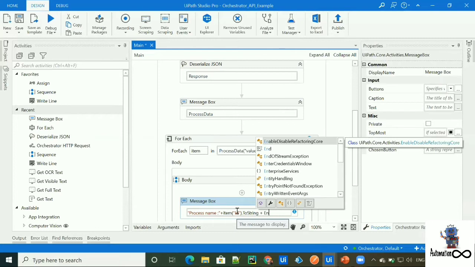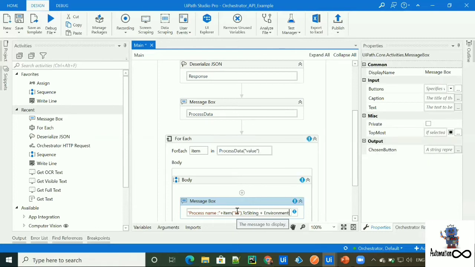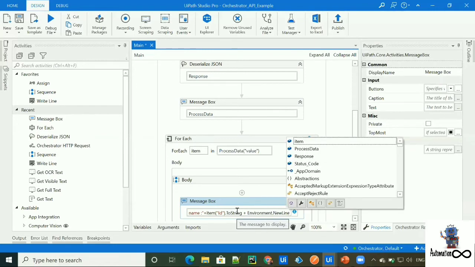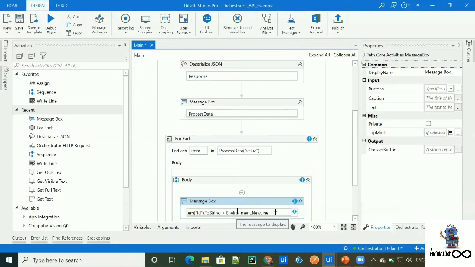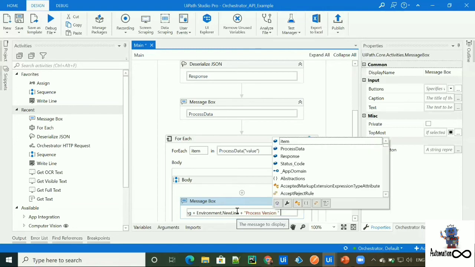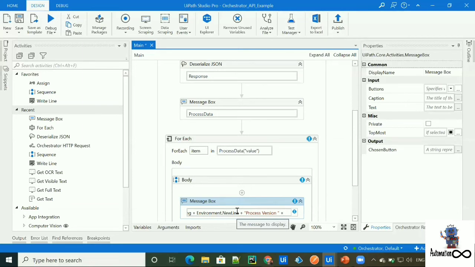Then process version. To access the process version, I'll be accessing item of version dot toString.